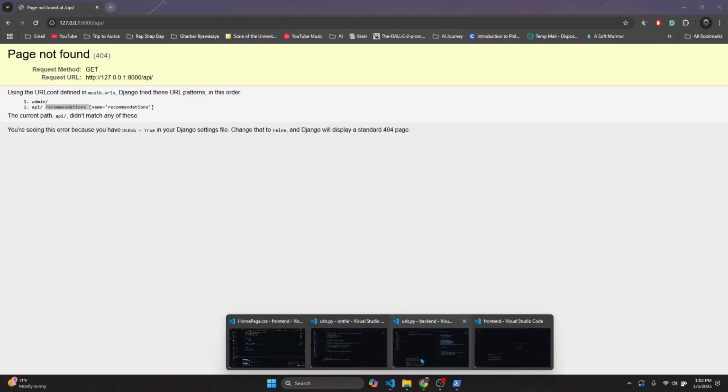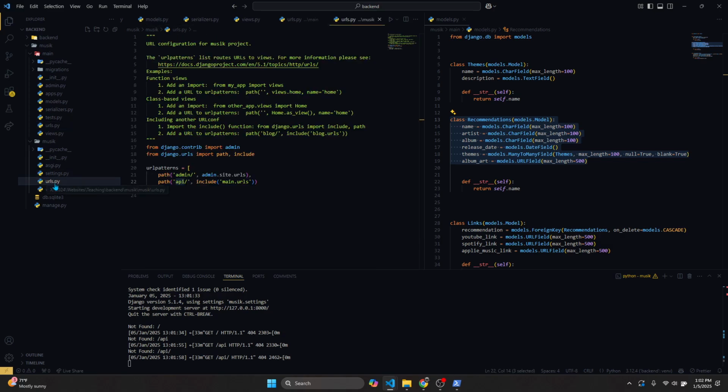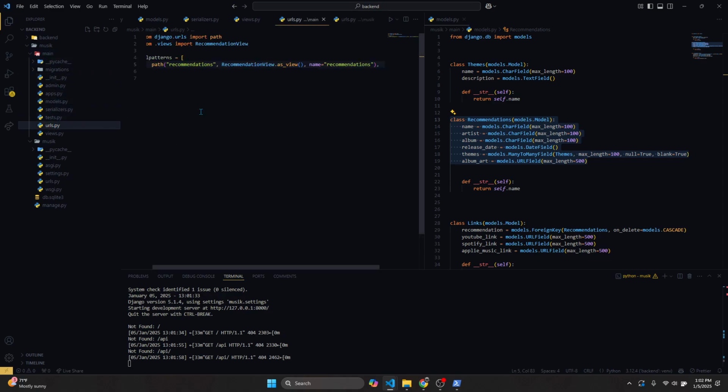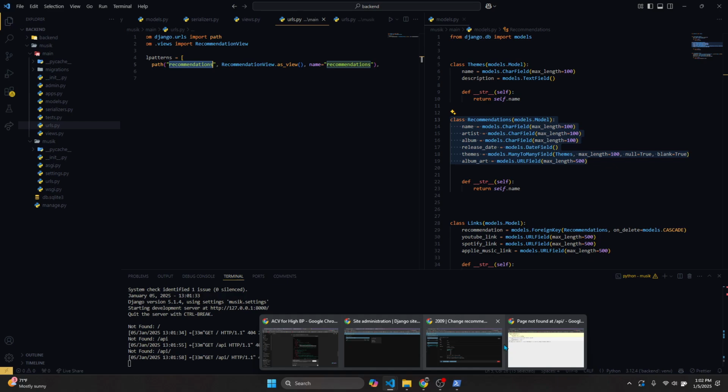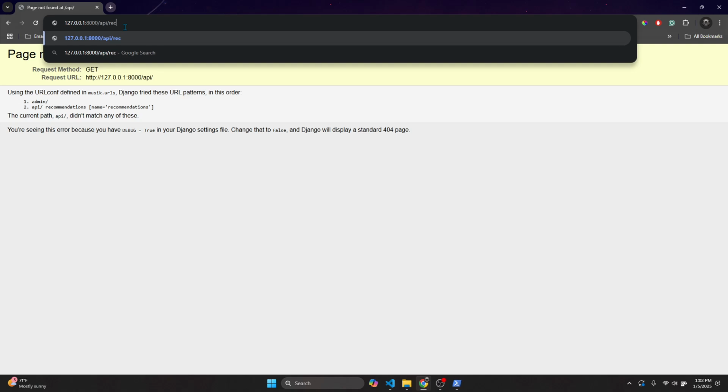What's really going on over here is it's reading from this file, so that's why we have admin and API. When I go inside API, it says include all the URLs from main.urls. So it will go inside main.urls, and it's found recommendations over here, which is what we're seeing here. So if we go inside recommendations,